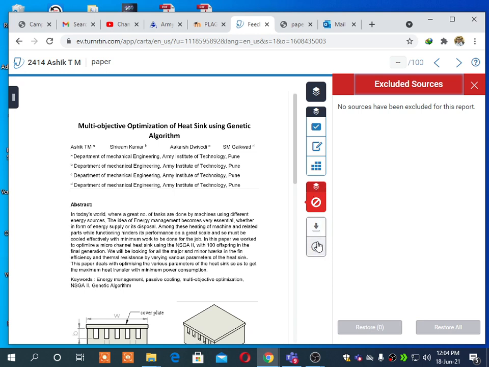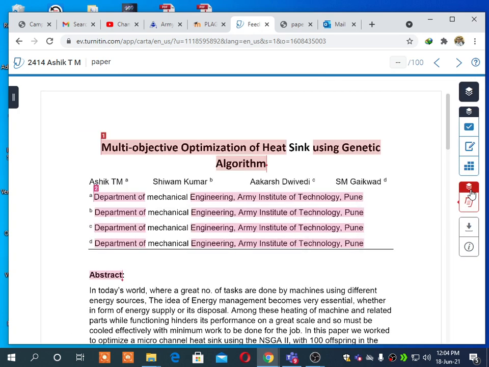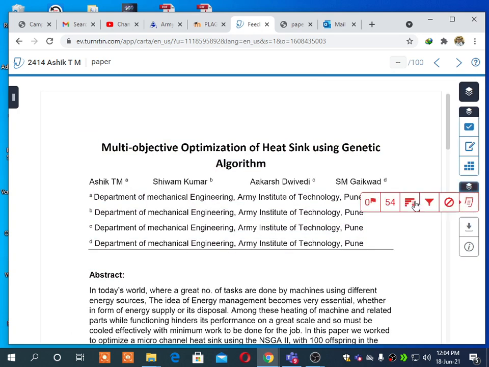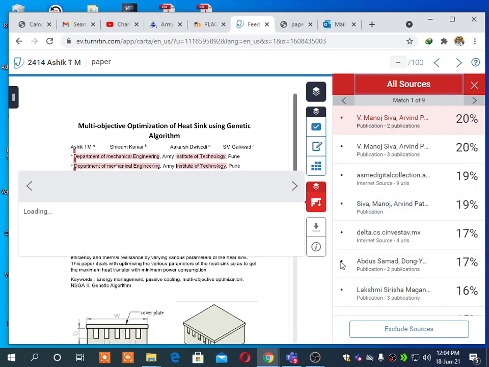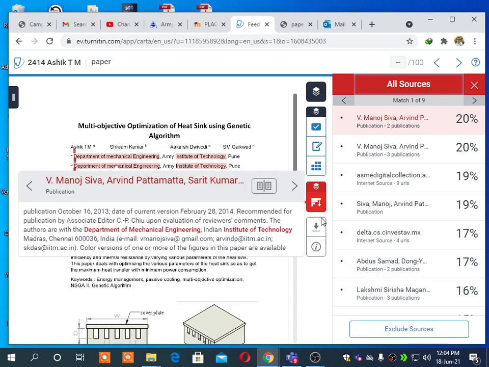Suppose most of the time what happens is it will also take the name of the college. In that case we can do it. Close. Okay, so this is important. So 54 matches, all sources. Yeah, and here you can use exclude sources.